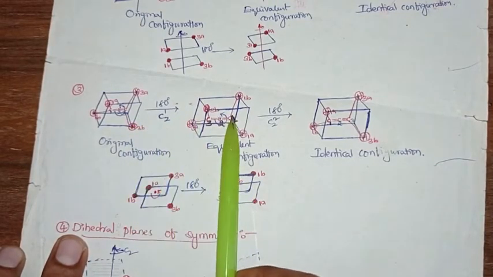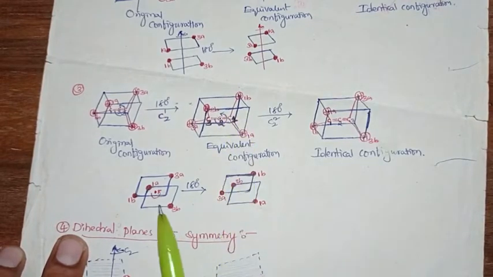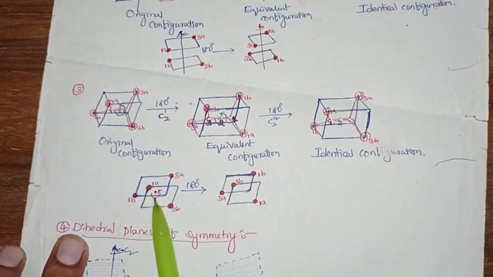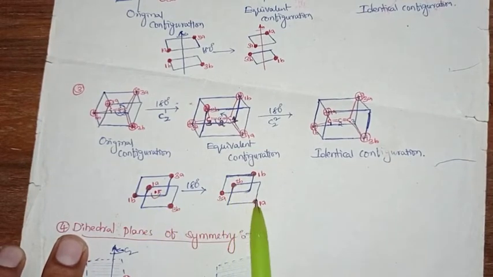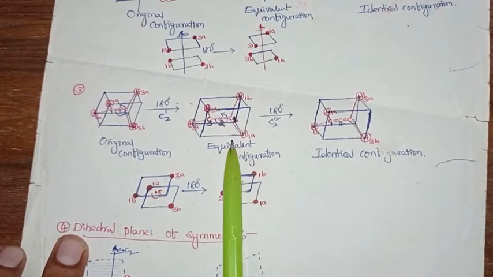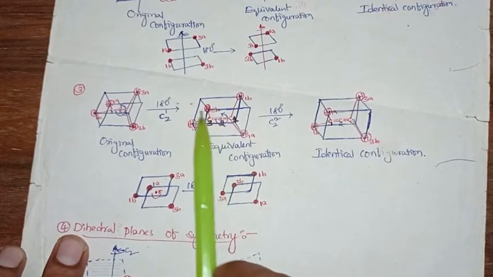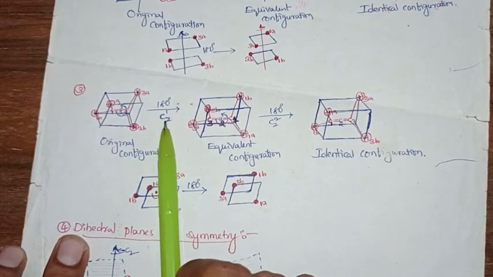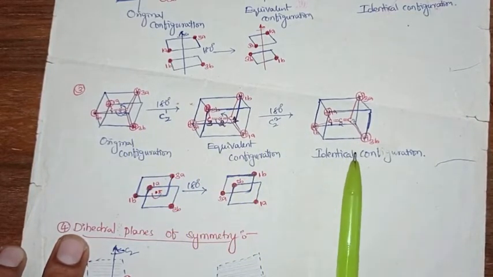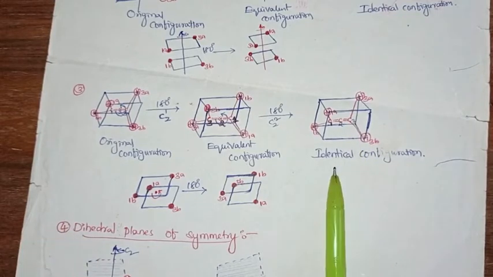After all, when we have the same writing here in the projection, these corners are occupied by the hydrogens in the back, right, here also occupied by the hydrogens. These corners are occupied by the hydrogens in the front. Here in the front face also the same corners are occupied by the similar hydrogens, right. So having similar hydrogen replacement from original to generated configuration, it will be an equivalent configuration. So thus 180 degrees of rotation will be called a second fold rotational axis. Doing it a second time, it will give you an identical configuration, right.